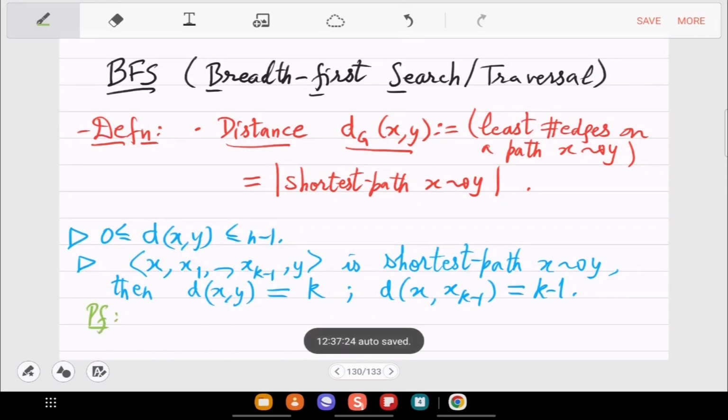Okay, so you already know that the distance is at most k minus 1, because you are given evidence, you are given a path of that length. So it cannot be more than k minus 1.